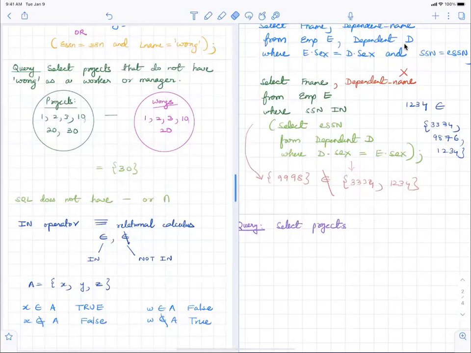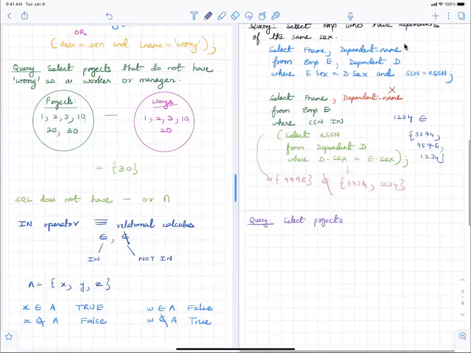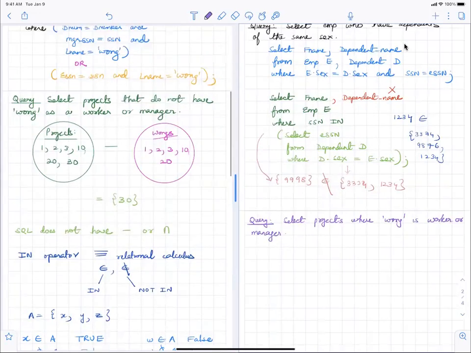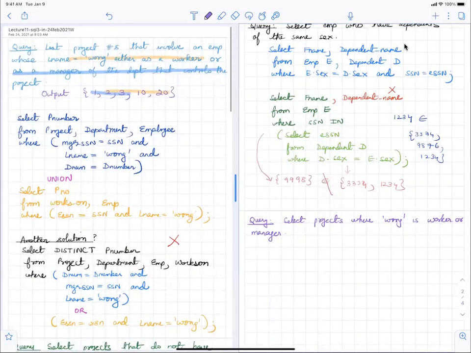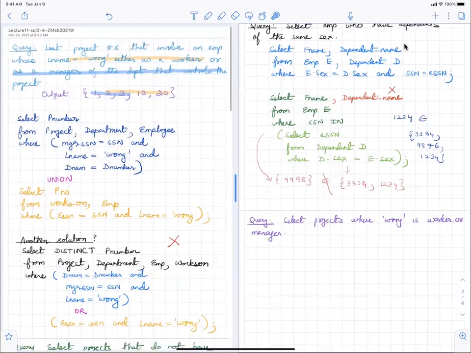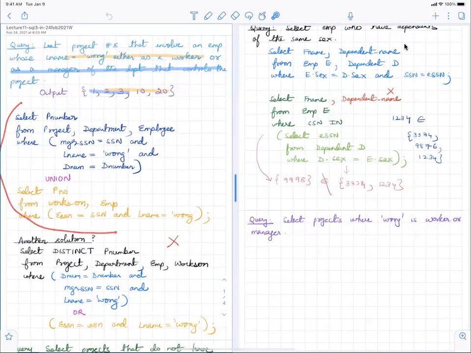So I'm going to do select projects. I just want to bring down our answer, by the way. This was the answer using the union operator. Keep that on the left and take a look.